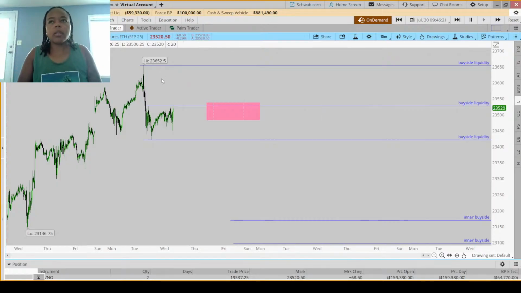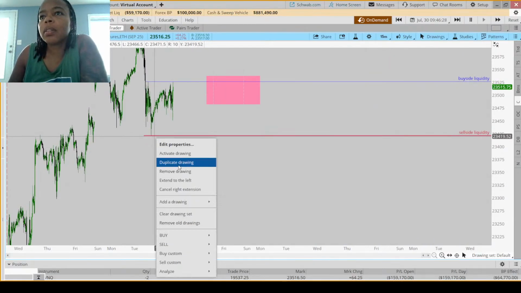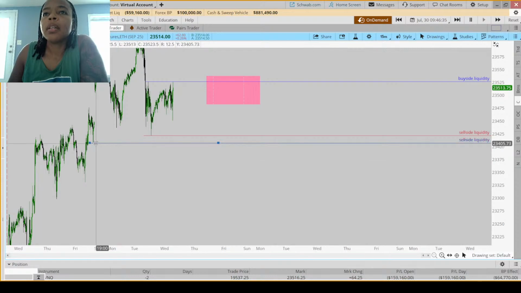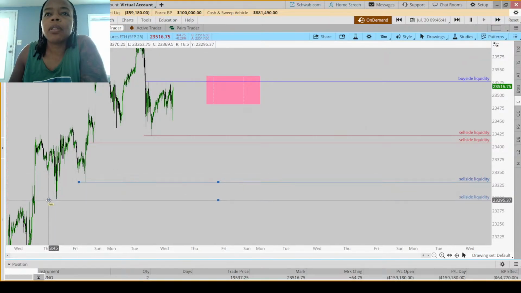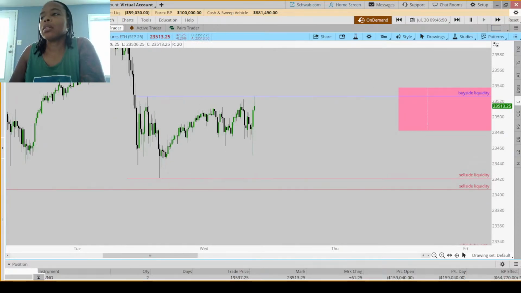All right, so we're on to July 30th. And I would have a number of areas. Let's duplicate. So there's that one. Then I would be looking at that low. Then I would also be looking at this low. And then that one. So I would actually have all this pre-spec'd out from before, as things were pushing up. All right, so let's zoom in on this section here.